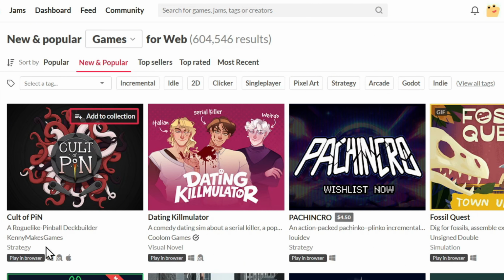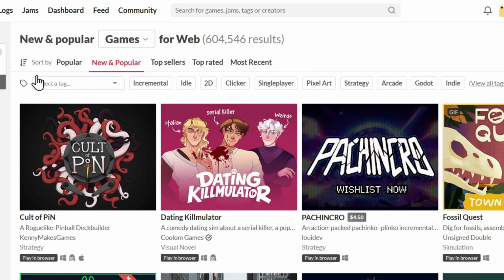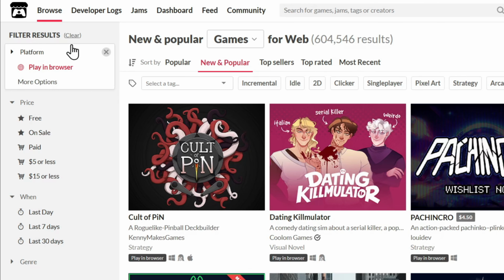So have a look at this one right here. You can play within your browser, you can play on Windows, you can play on Linux, and you can also play on Mac OS. And we're going to go ahead and test, for example, a free game so that you can see how it plays. As you can see right here in the dashboard, if you look towards the left side, you can see